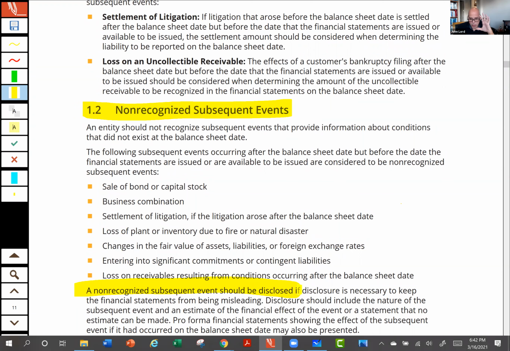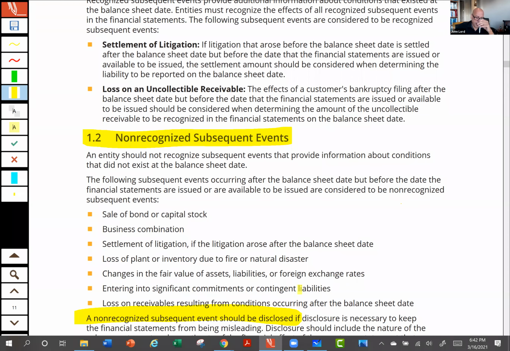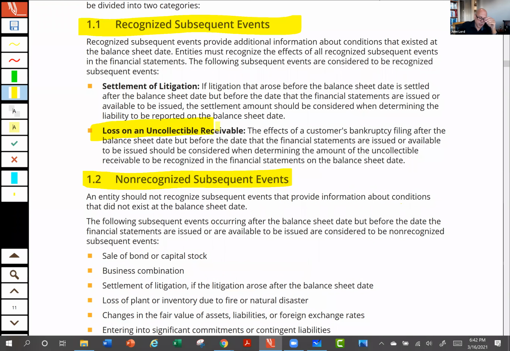Okay, so let's go ahead and look at the example here. Loss on uncollectible receivable. What happens here? We have a client. Sorry, guys, I tend to speak from the standpoint of an auditor. Let me speak from the standpoint of someone preparing the financial statements. John, we're in the FAR exam, okay? So we have a customer. We're the company, we have a customer, and the customer declares bankruptcy